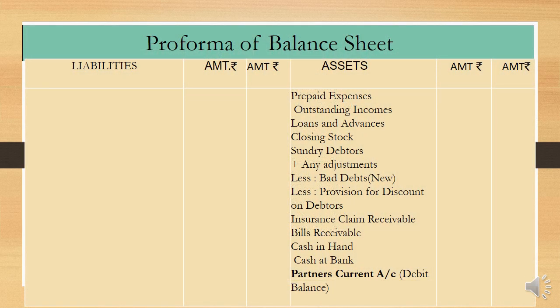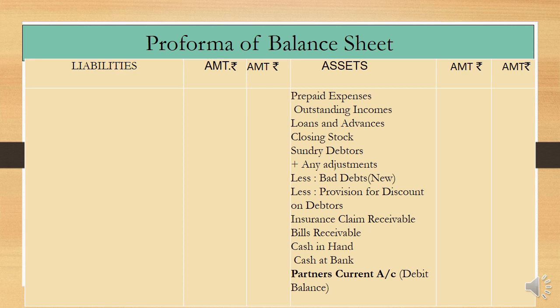Let's see the continuation of the balance sheet. I think almost we are finished with the liability side. Now we will see the asset side. Prepaid expenses, the expenses which are paid in advance. For example, हमारा पीरियड खत्म हो गया 31 मार्च को, बट हमने अप्रैल मई जून का रेंट अगर एडवांस में दिया है नेक्स्ट ईयर के लिए, तो फॉर द करंट ईयर इट इज कंसिडर्ड एज द प्रीपेड एक्सपेंसेस, and prepaid expenses are to be recorded in the balance sheet.